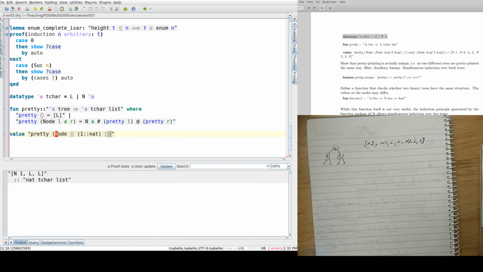Okay, so that's clear. Okay, and maybe we can also do the other trees. This is the 1, the 2, this is the 3, let's see. So it looks exactly like the one on the paper, okay? So that is the function. So now,